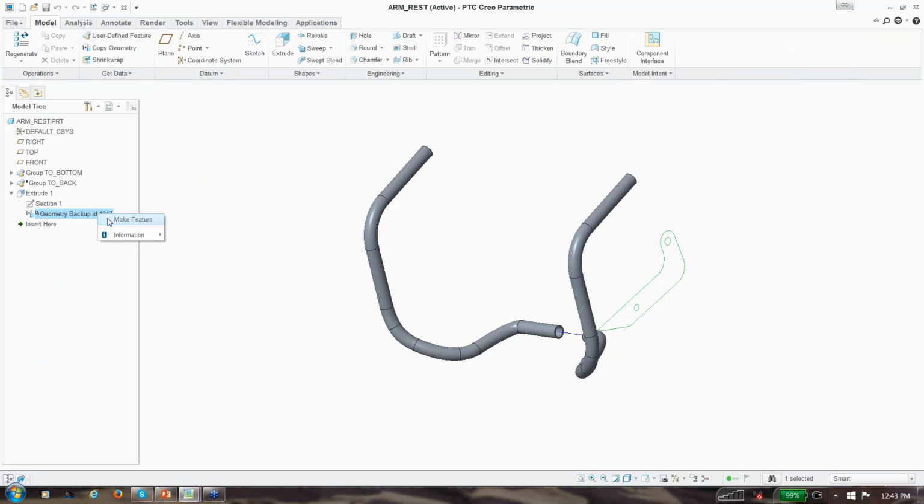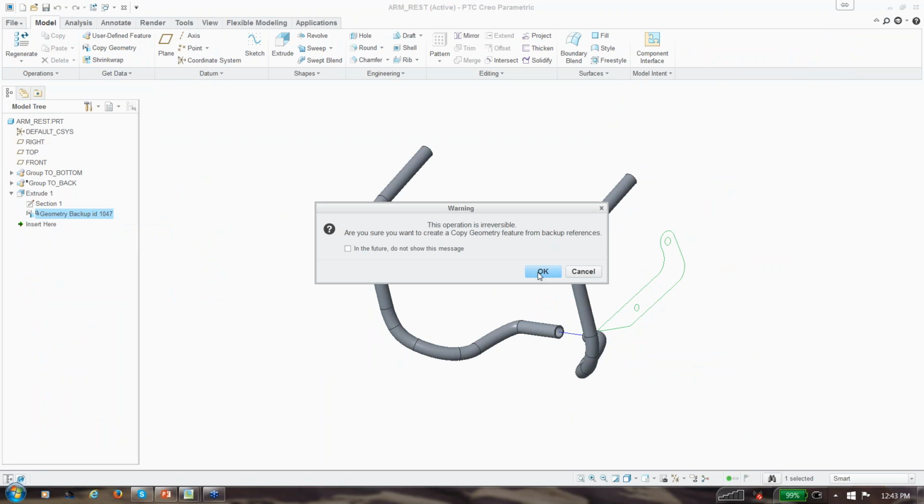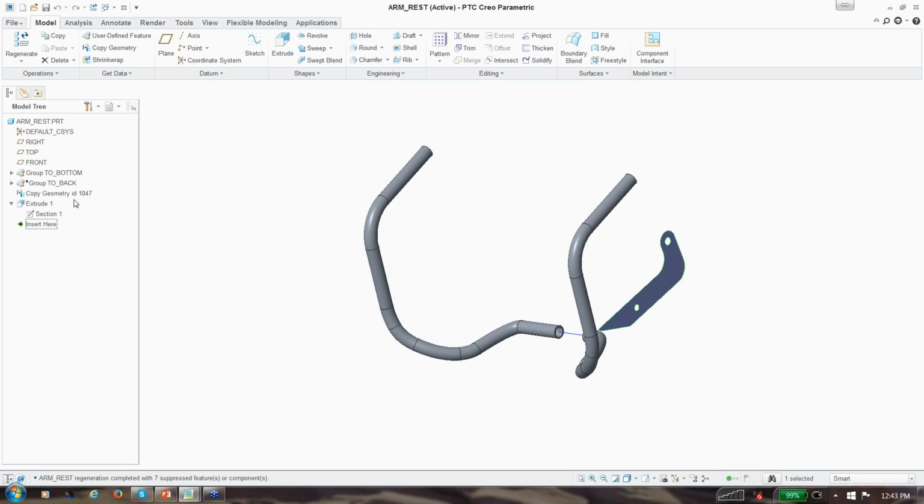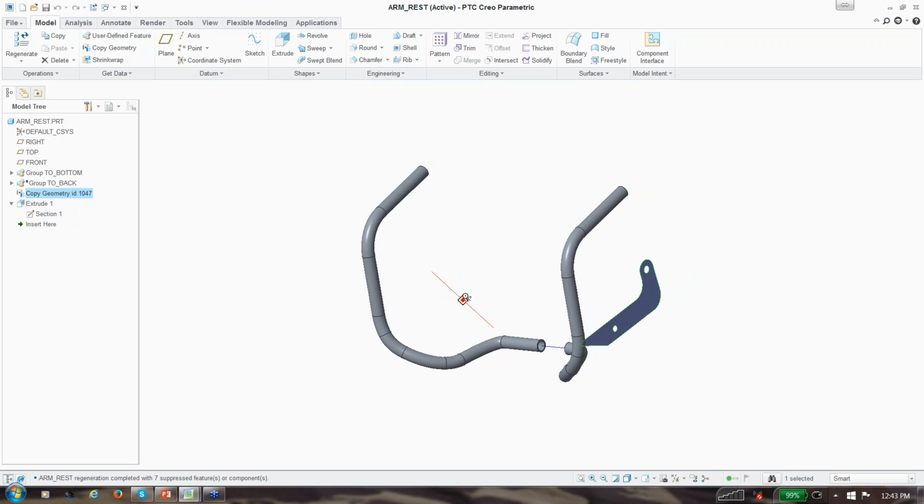What I can do is make that a standalone feature, and it's just telling me that it's irreversible if I do this. It's just going to create a copy geom in this part that is no longer linked up to the external part that it was. So that's the other thing, is that under these copy geoms,